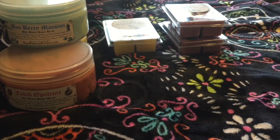And then the wax that I got, I only got 2 scents. This is like my 3rd or 4th Halloween buying stuff from her, and these 2 scents, I get them every single year, like clockwork. They're my favorites of all of her Halloween scents. So Haunted Hayride